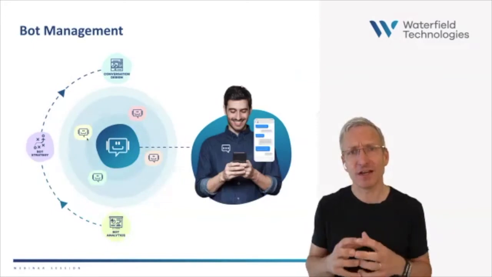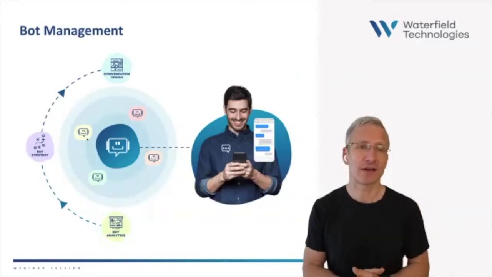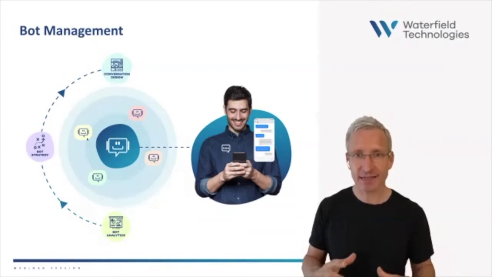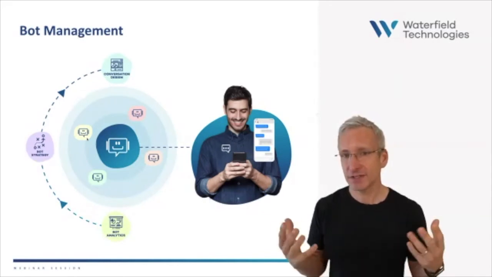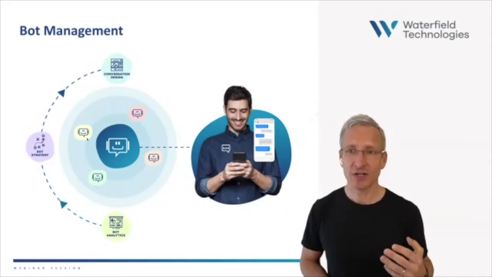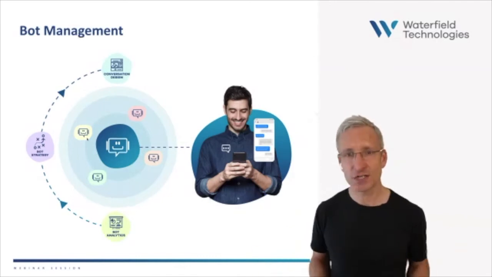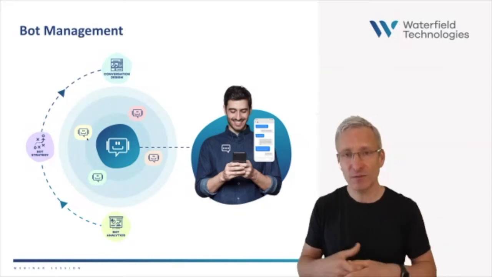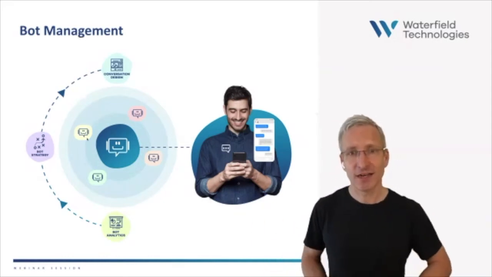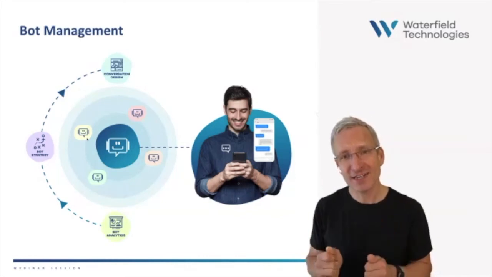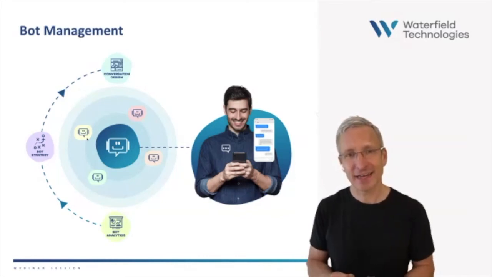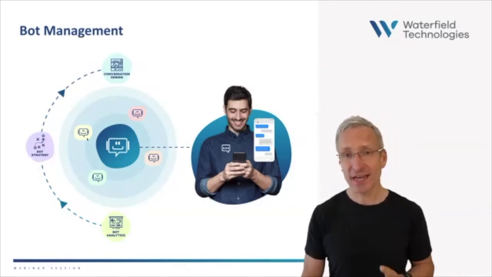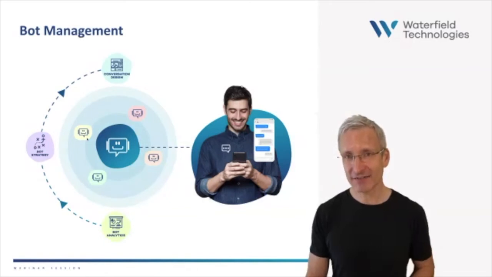As I mentioned earlier, bot management is a continuous cycle of improvement driven by data. So it starts with bot analytics. That's the yellow box at the bottom there, and that gives us the inputs we need to do bot strategy. We know what can our bots do, what should they do, what's it worth, and then we update our conversation design, we build it, we deploy it, and then we get new data. But critically, bot analytics informs strategy and design. So that's where the arrows in our analytics framework come in.